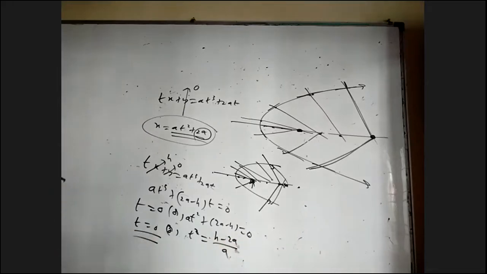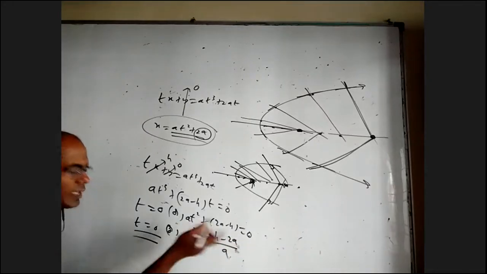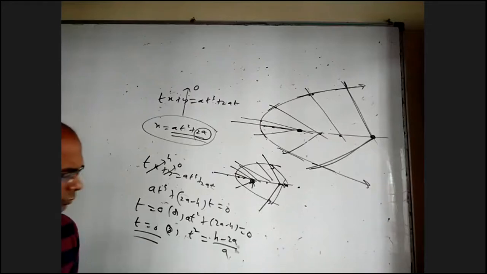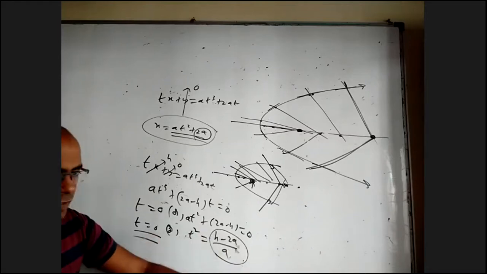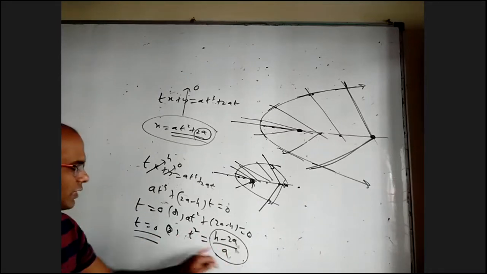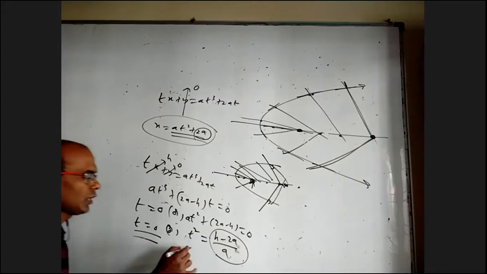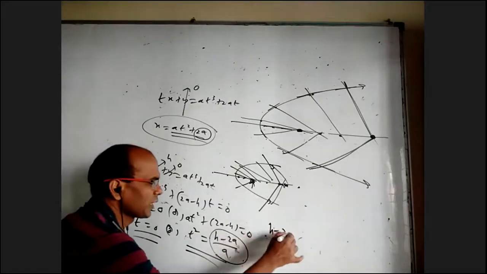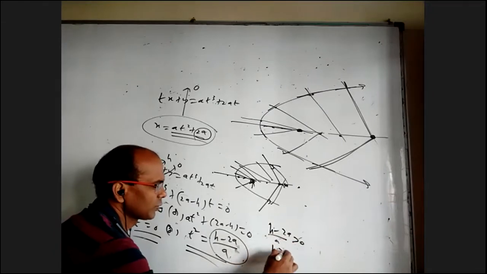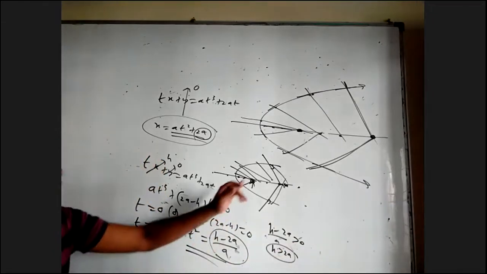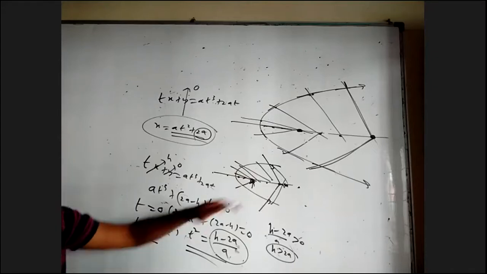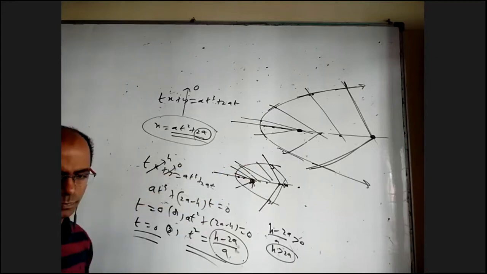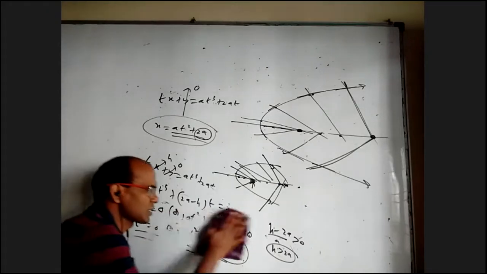T equal to 0, we already got one solution. Now, whether I'll get two more solutions or not depends on this. If it is 0, again I'll get t equal to 0, only the same solution. If it is positive, plus or minus the root of that, I'll get two solutions. If it is negative, no solution. So if you want to have two more solutions from this, h minus 2a by a should be greater than 0, h should be greater than 2a. So only on the x-axis, when you cross beyond 2a, then only you can draw three normals to the parabola. Before that, only one normal. One may say, what if it is not on the x-axis, if it is somewhere else? You can use your theory of equations or calculus here.